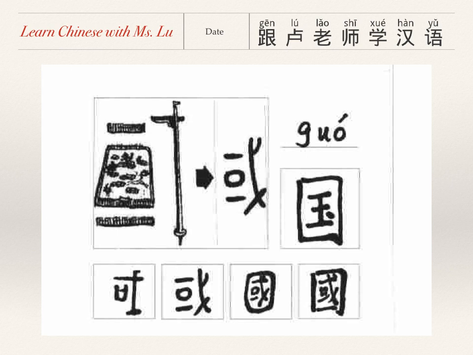And this king with the dot is a new character, meaning jade. I like to help my students remember this modern version of the character, guo, as a king wearing that piece of jade on his belt